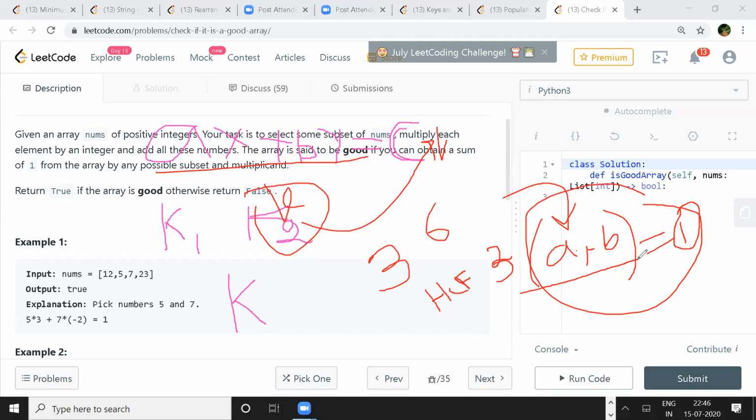So instead of C having a value of 1, if we have a different number, the GCD of A and B should be equal to that number which is given? Yeah, I think so. That's pretty much possible. The GCD has to divide C. Otherwise, you won't get that equation. At least if the GCD divides C, then there will be a solution.